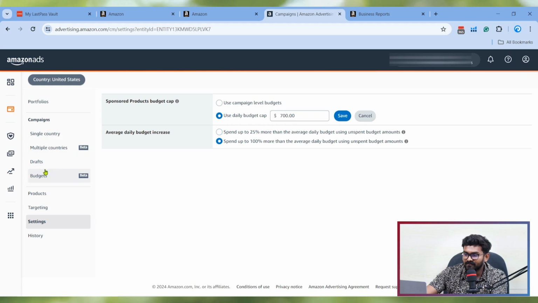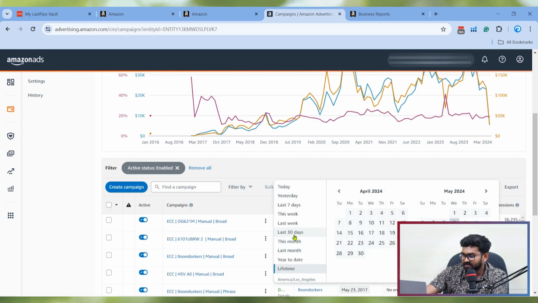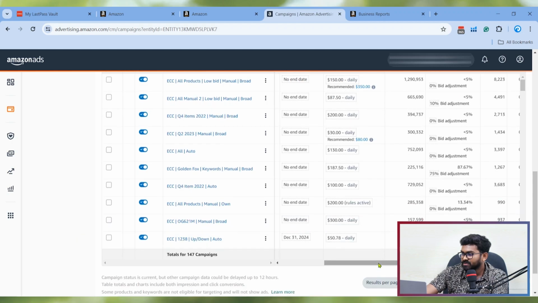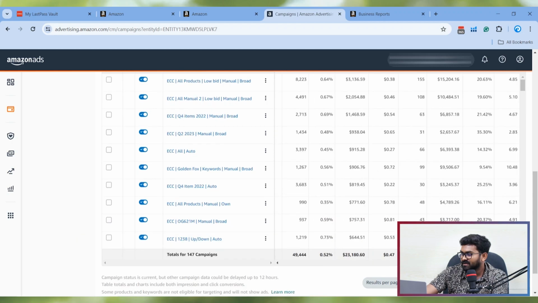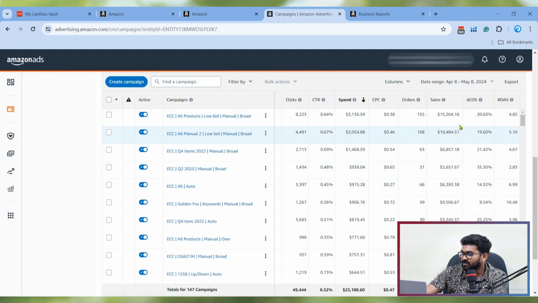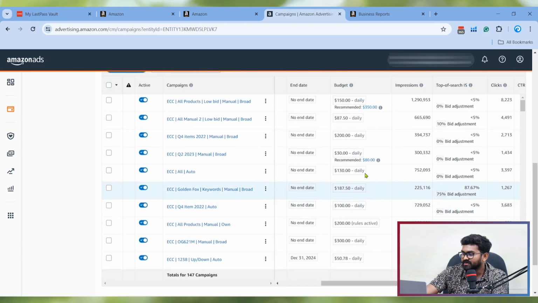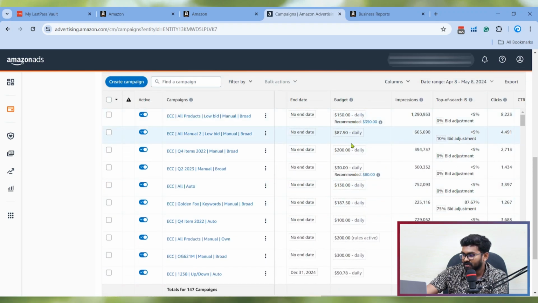For example, if I go to the campaigns, here let me select last 30 days. And you can see that there are some campaigns for which Amazon is recommending increasing the budget. So let's check their performance. I can see the first campaign, that's ACoS, is under control. And also Amazon is suggesting to increase the budget for this campaign.